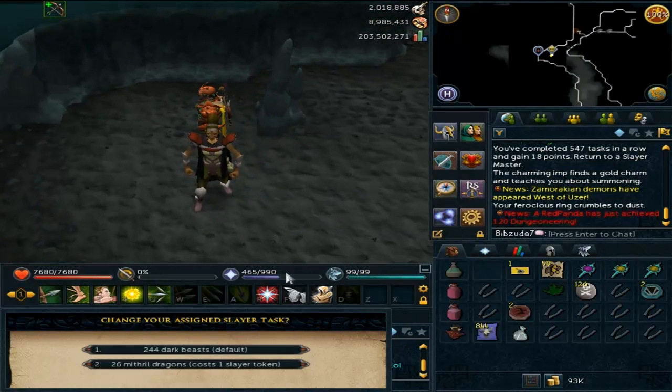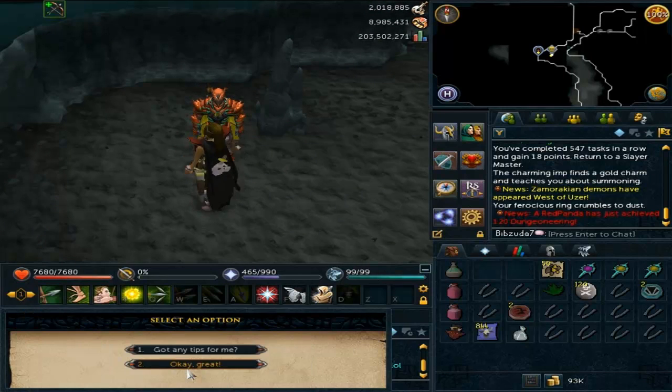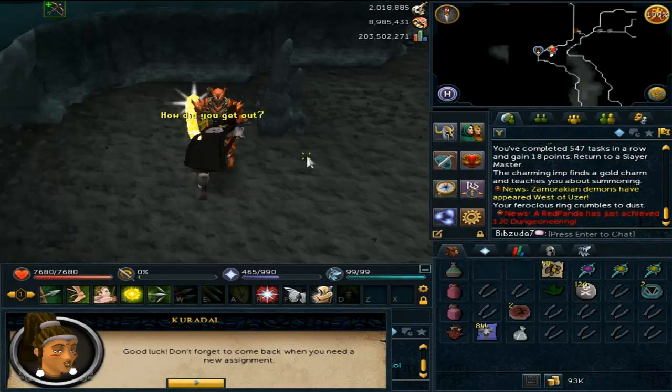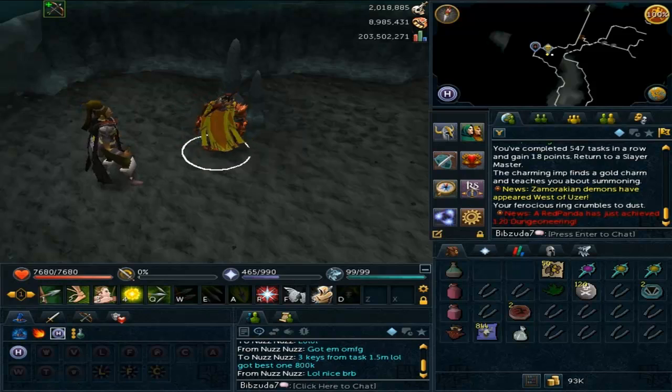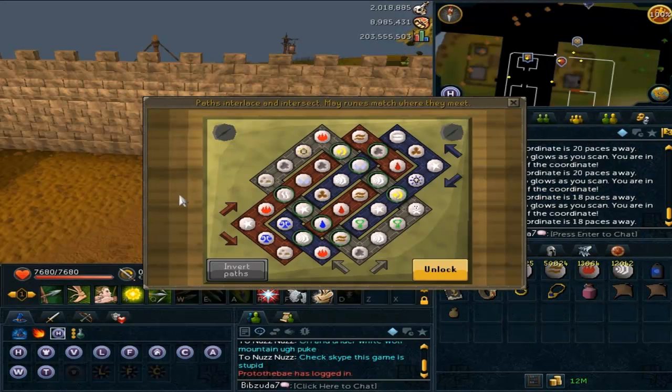We get to choose between Dark Beasts and Mythal Dragons. And I actually decided to go for the Mythal Dragons because I really don't like Dark Beasts because they don't have good loot and they take a really long time. So first things first, we're going to do the Elite Clue because Mythal Dragons have a chance of dropping one. And I want to do the Elite Clue before we go do Mythal Dragons so we can have a chance